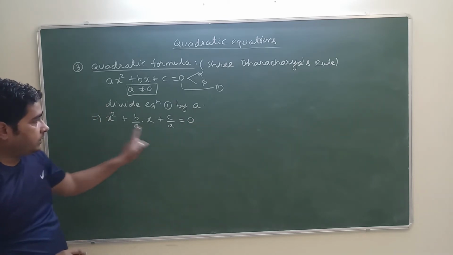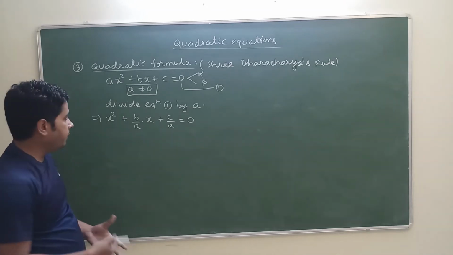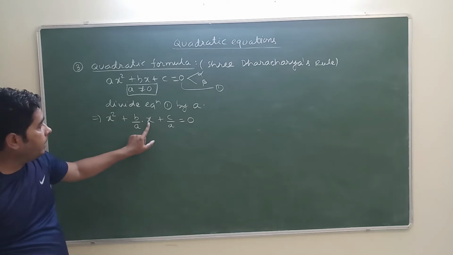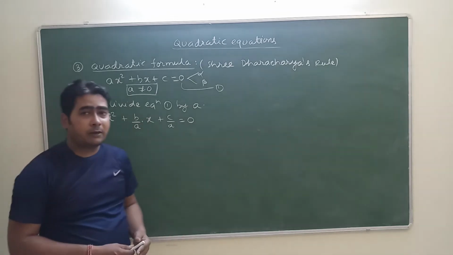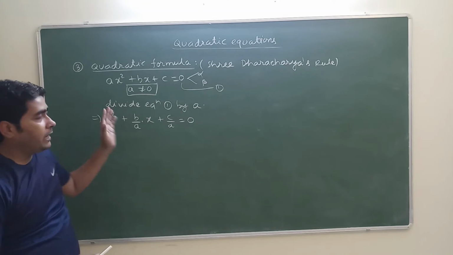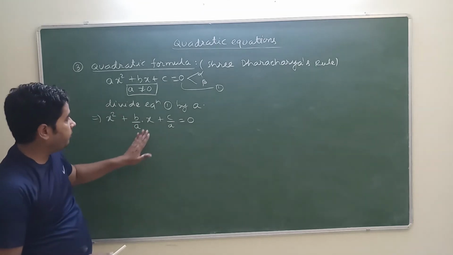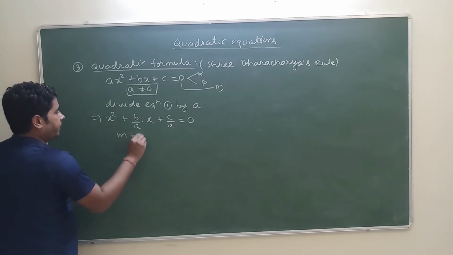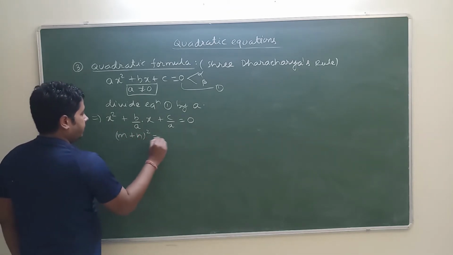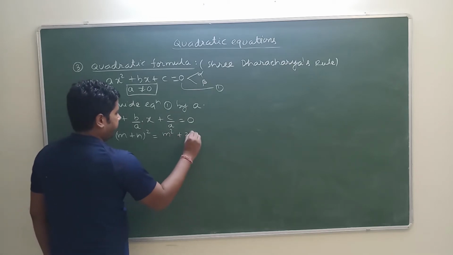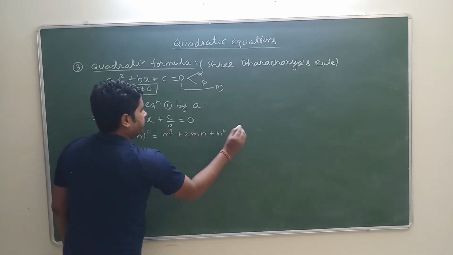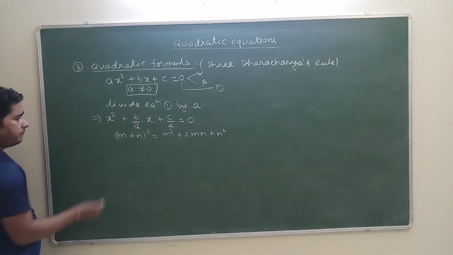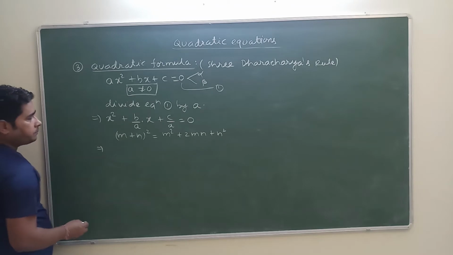Now the first step is completed, rule number 1 is over. The second step is we have to check the coefficient of x. If it is positive, then m plus n whole square will be formed, and if it is negative, then m minus n whole square will be formed. Here the coefficient of x is positive, which means we will be getting m plus n whole square equal to m square plus 2mn plus n square. Right? So let's form these three terms which we just did, so it will not be tough.